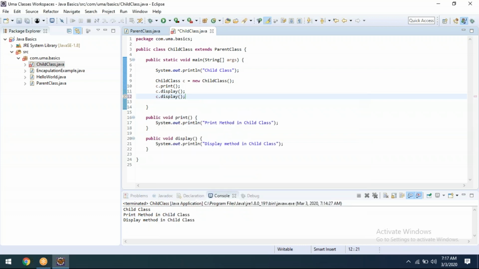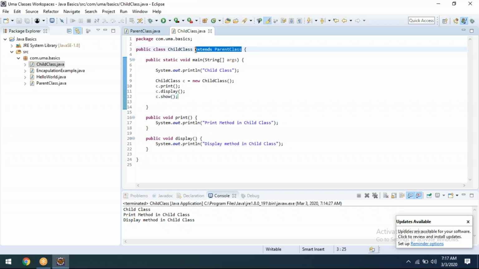If I remove the connection, meaning I'm removing this extends keyword, then it will show some error message. Sorry, display I didn't do that, right? Display belongs to this one. Show method, or something else I need. Now, if I remove this connection, what will happen? Here, this is the problem. You're getting my point? And rule number one is clear. Rule number two.